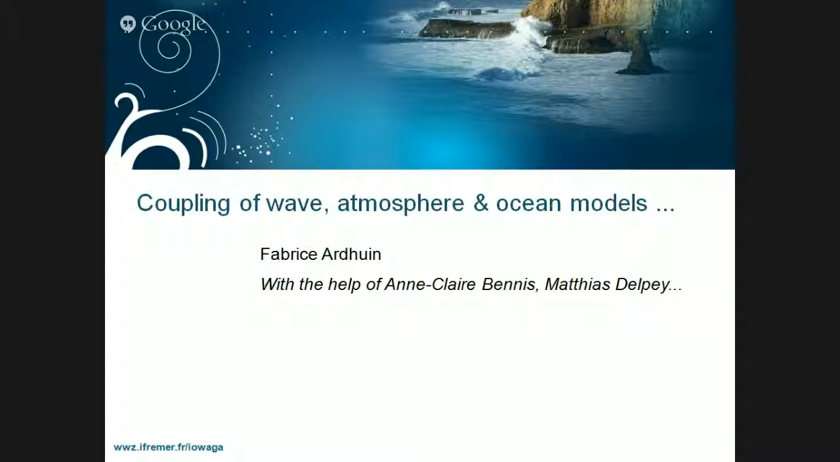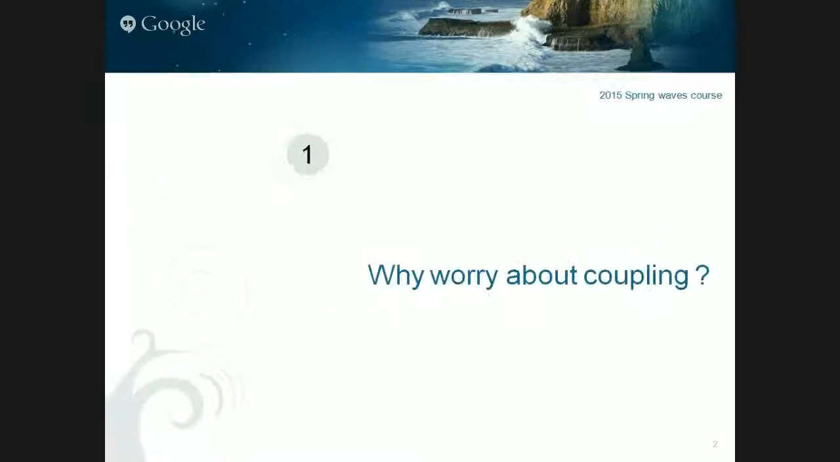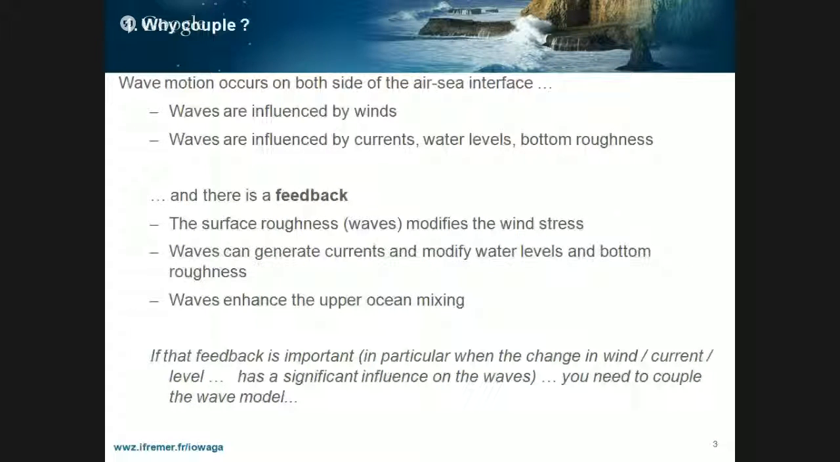And so what I will do here is to introduce the general reason for why you want to look at some coupling, some examples, and a bit of theory behind that. Yeah, so why worry about coupling? So essentially the waves,